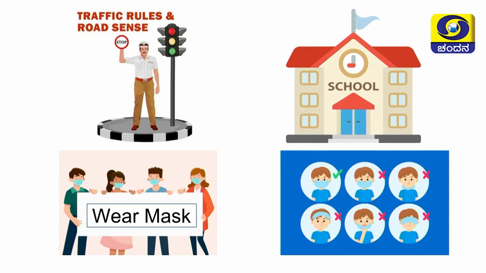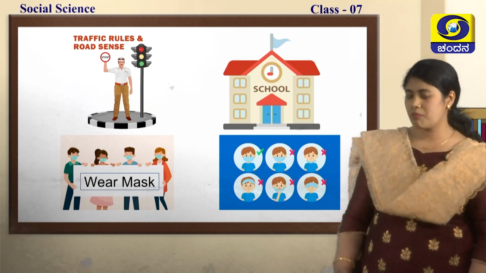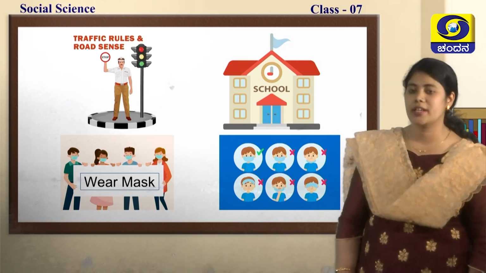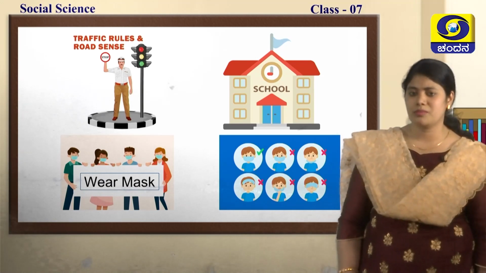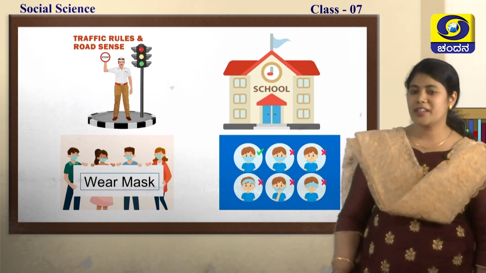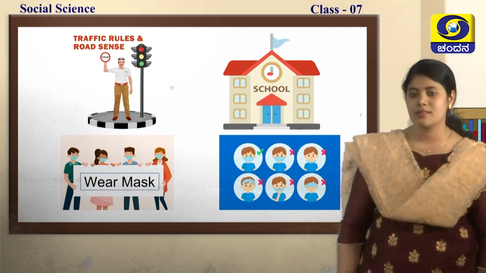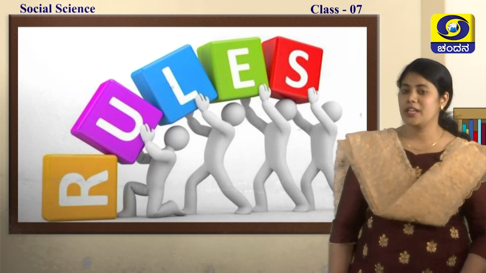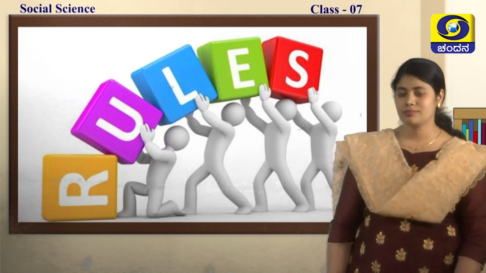See this? Yes. So, not only do we have to wear a mask, we also have to follow the correct way of wearing the mask, right students? So, now club all these images together and tell me what you get from this. What idea do you get from this? Can anyone guess? Okay, no problem. These images tell us that we have to follow rules, right students? Do you get it now? Yes.